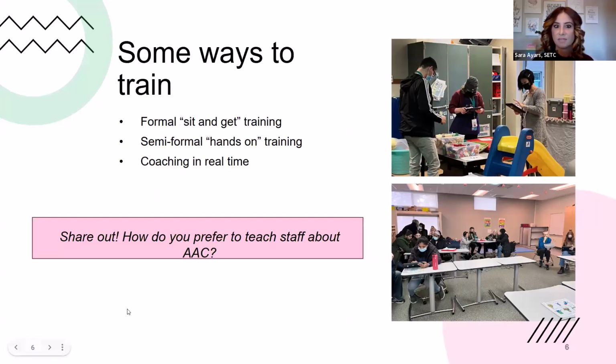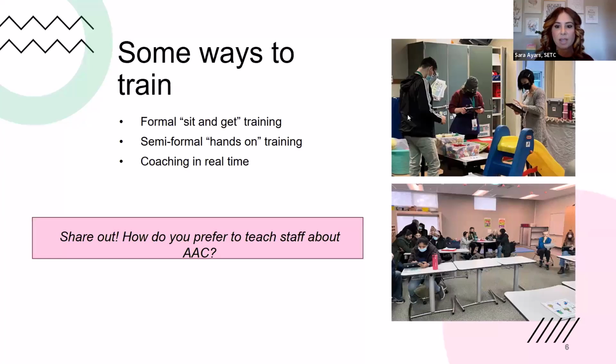And this was me as an assistive technology specialist within the school. Some different ways are formal sit and get training. So that's when you might gather a group of people together, maybe a whole school team, maybe different people, all the physical therapists and occupational therapists or whoever in a formal training, or a semi-formal hands-on training, which often is